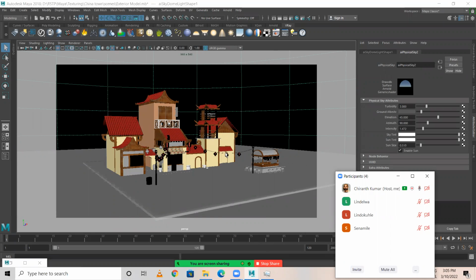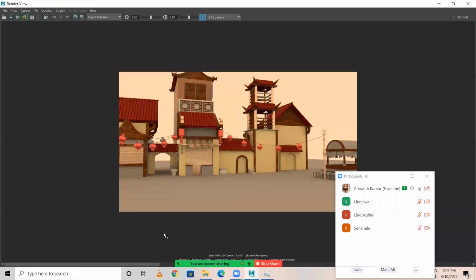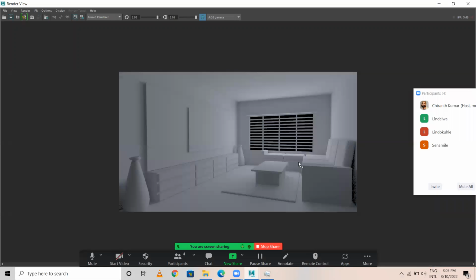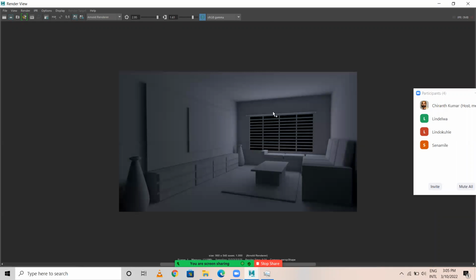One is the interior, which I have shown you earlier, the interior we worked on. I want you to work on this interior, wherein just with one light or with skylight, try to achieve an output, render, and show me the output.